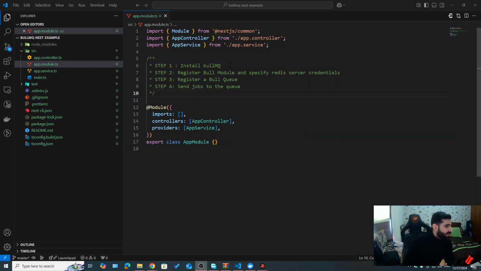The first step is pretty simple. In our NestJS application, we first need to install the BullMQ package. Then we would need to register the Bull module and specify our Redis server credentials. Then we would need to register a Bull queue. Just like we saw previously, we would have a queue that we would send jobs to. And of course, we can have multiple queues,